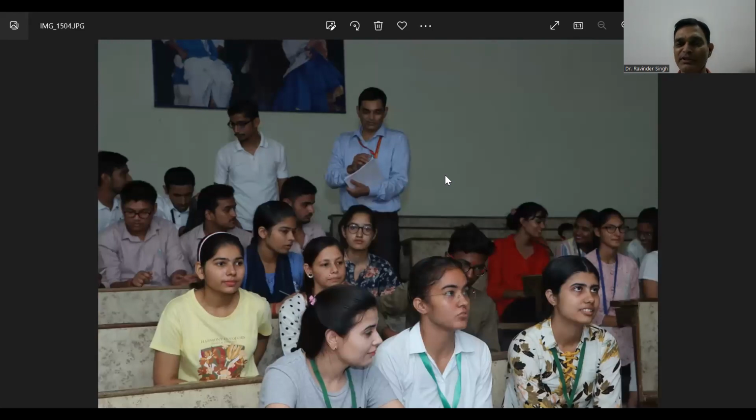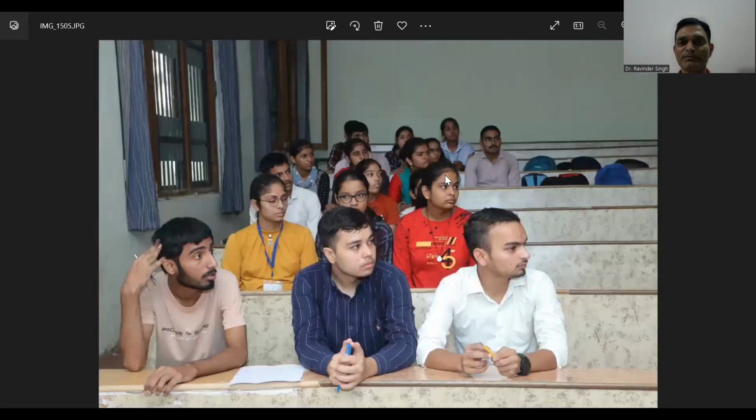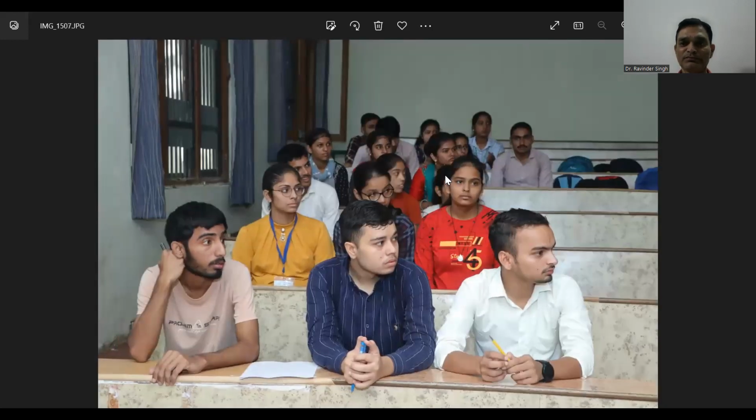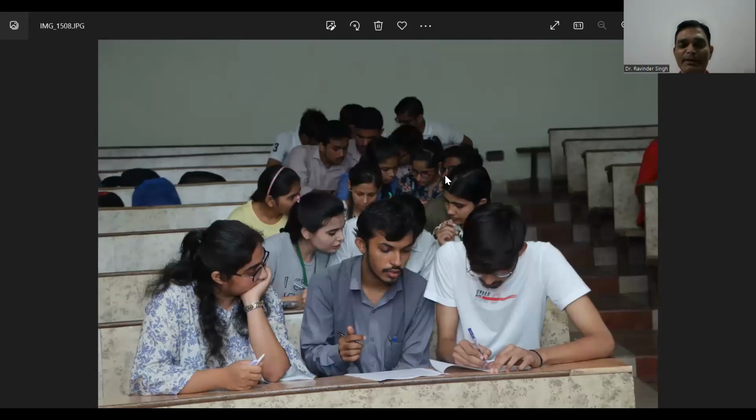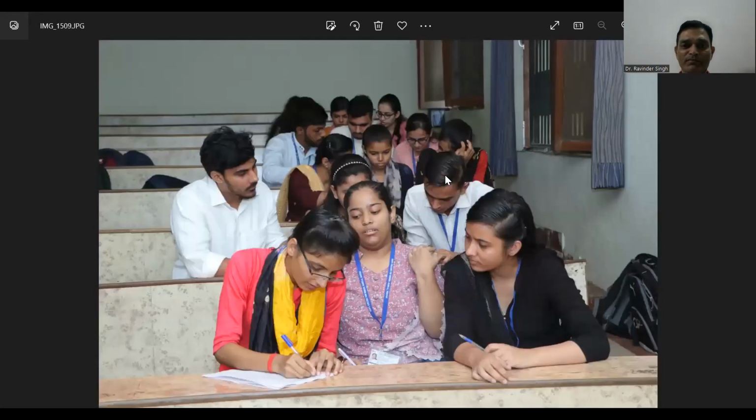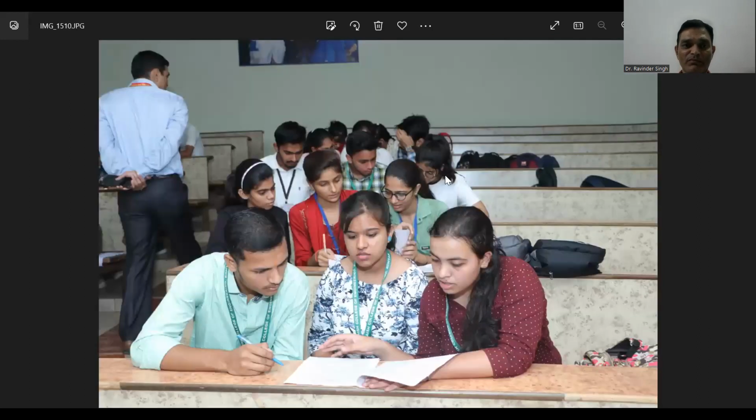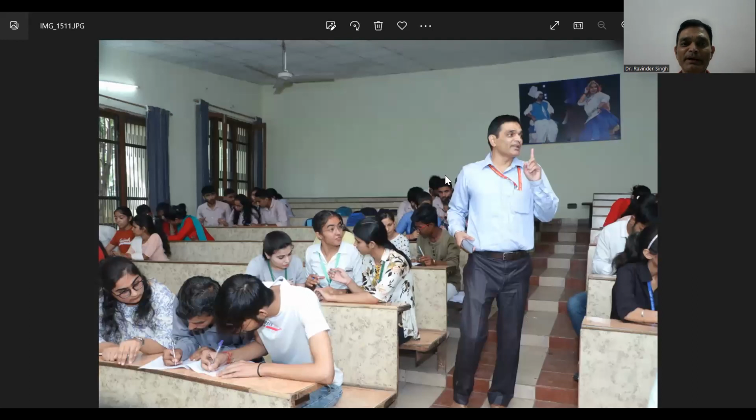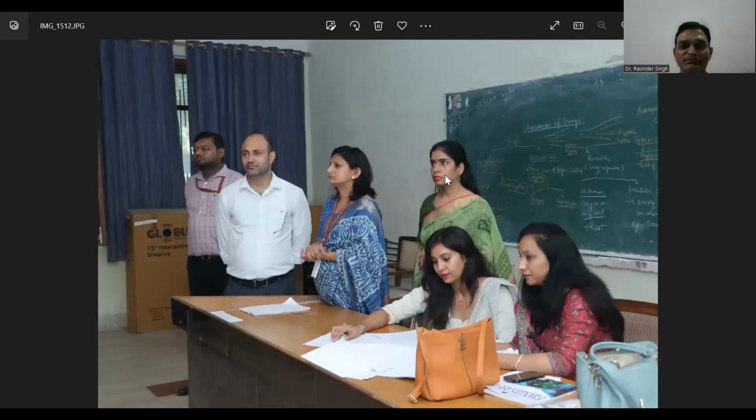That is the time of the question paper distribution. So that is the time when the participants, one team has 3 students. So these are the 3 students collectively solving the questions of the screening test. Teachers are continuously taking rounds. All the teachers were present in the room where the screening test was carried out.